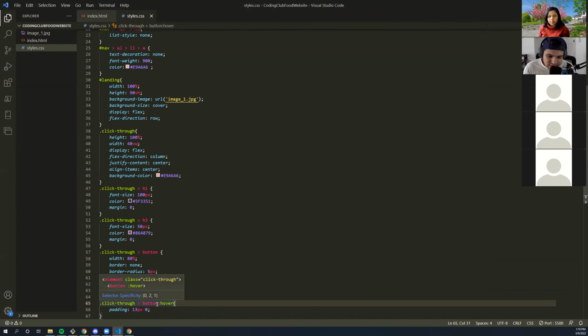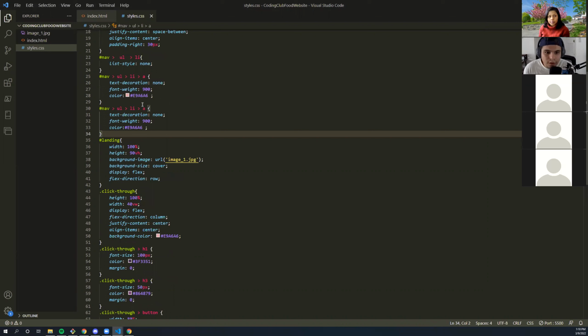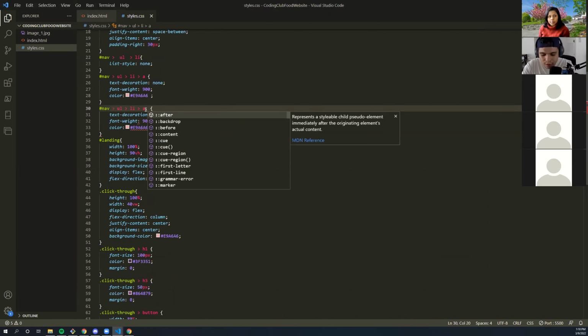So what this states is that in this pseudo class, which is hover, these styles get applied. So I can do the same thing with, let's take this. I'm gonna bring it down here, and I'm gonna give this a hover.